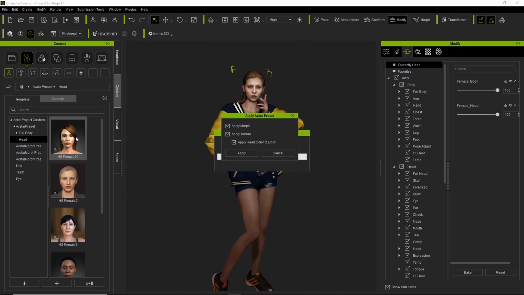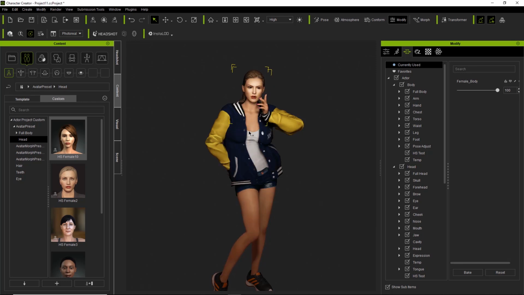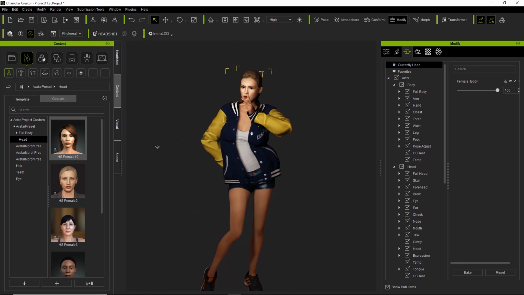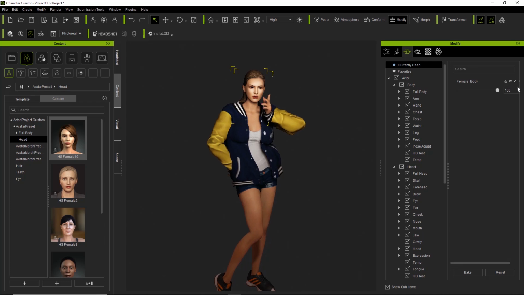And again, you can replace any of these, hair and skin combinations. If you want to replace with this character, for example, we can apply all of this stuff, the texture, the head morph, and all that. Will it be replaced? You can notice a marked difference in the skin texture and the character's appearance. However, we don't have anything in the currently used sliders, because we saved it into the content library. We didn't save a separate slider.